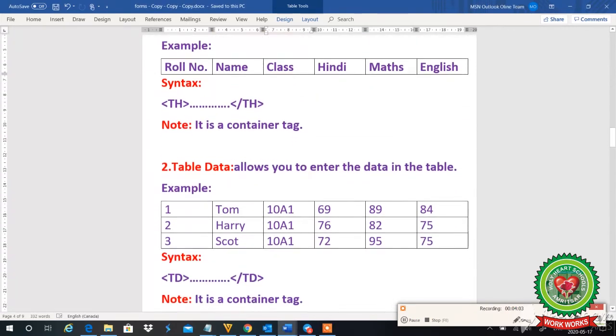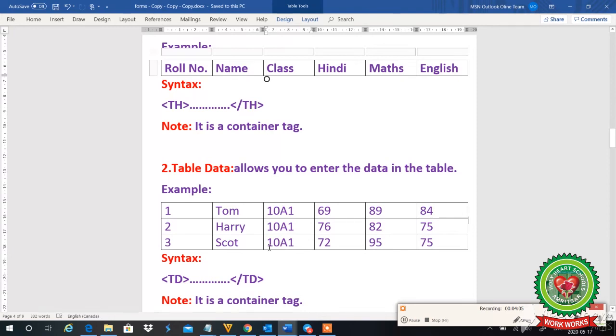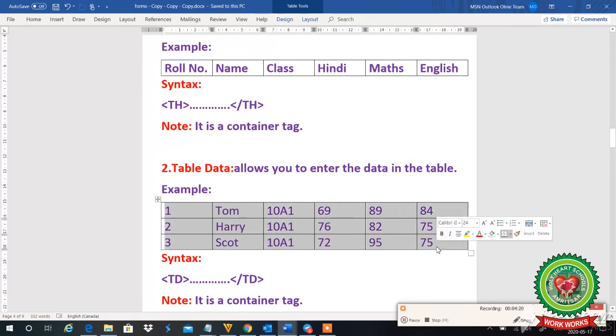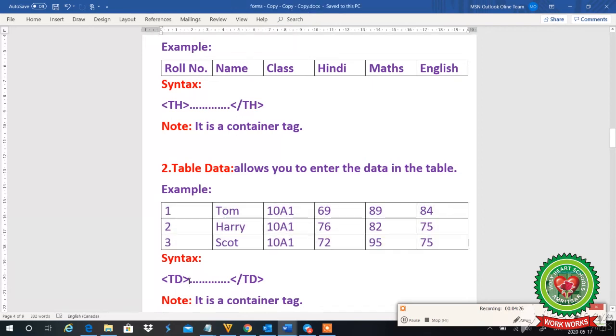Next, students, we have the element table data. What is the function of table data? It allows you to enter the data in the table. In the above-mentioned student table example, this is my table data. Whenever I need to write data in my table, I use the TD tag.